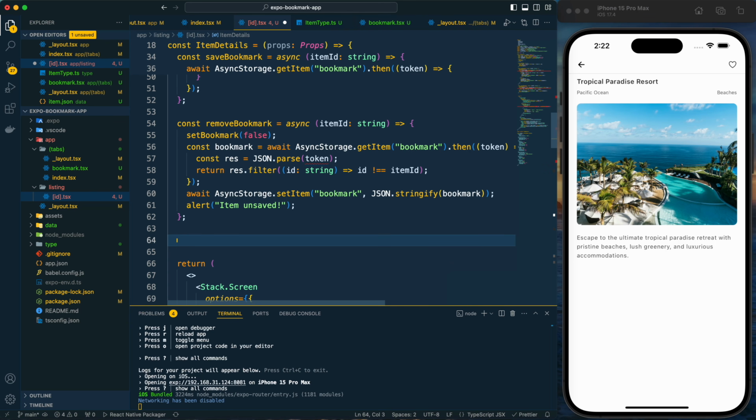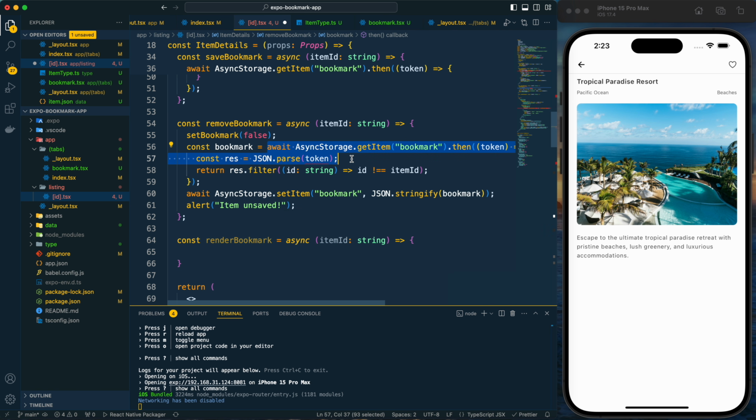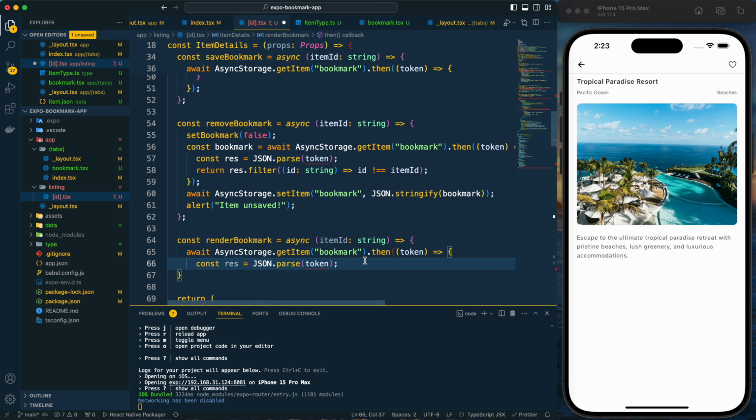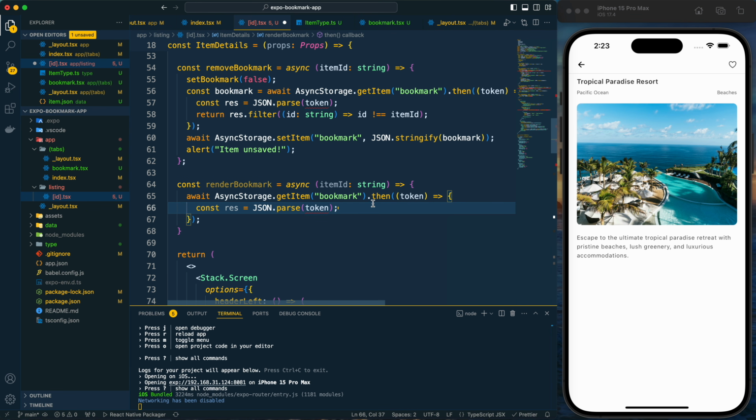And for that, here I am going to create another function that will be render bookmark, and it will also be similar to this. So it will be an async function and it will take the item ID. Now it will also be the same as this one, but this time we will not create any constant. So let me first close this. So from the async storage we are getting the item, and let's check if res is not equal to null.